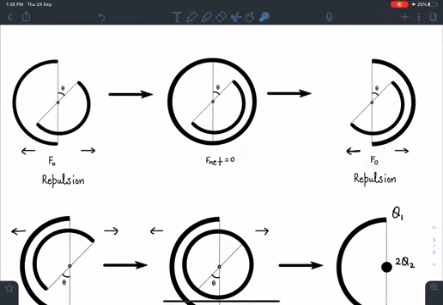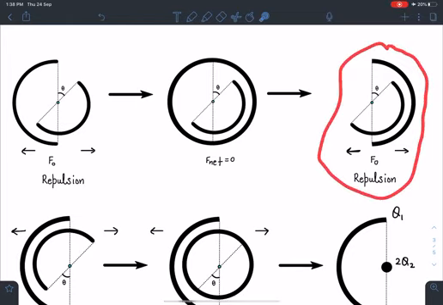So this is the first instant you will be getting some idea that probably this force is independent of this angle theta, but we don't know, we are not sure as of now, so I'm not going to do that. But this is the first instant when you will get that idea that it may be possible that force is independent of theta. We will verify that. Now I hope all of you are convinced that in this situation also this force is